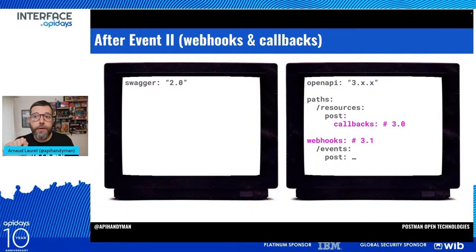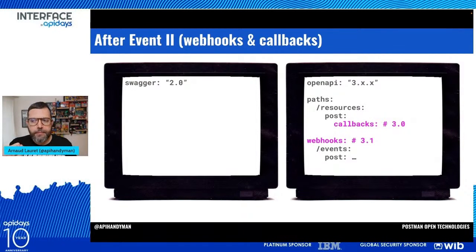And so you can describe that by adding a callback in your POST /resource operation, describing the operation like any other one with a slash whatever. And it will be up to the consumer to implement that to receive the event of the termination of the long operation.